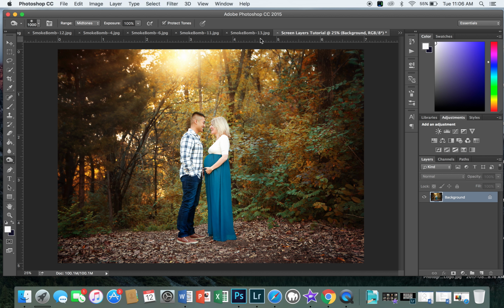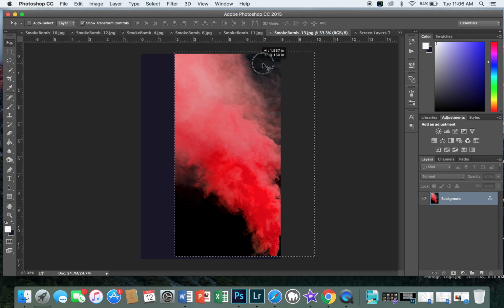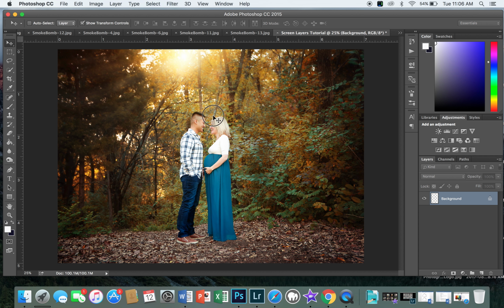So what I want to do is I'm going to drag each of the layers into this photo to make different layers, and then it'll show up over here on the right hand side. I'm going to start with red, and I'm just going to drag it over to the picture,